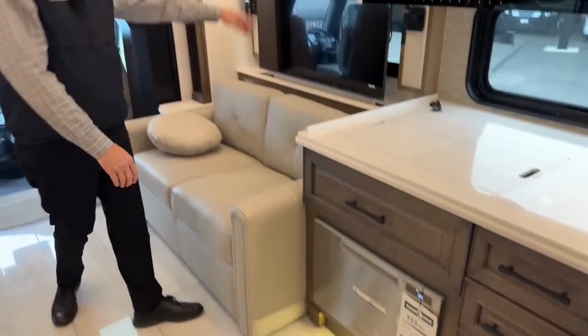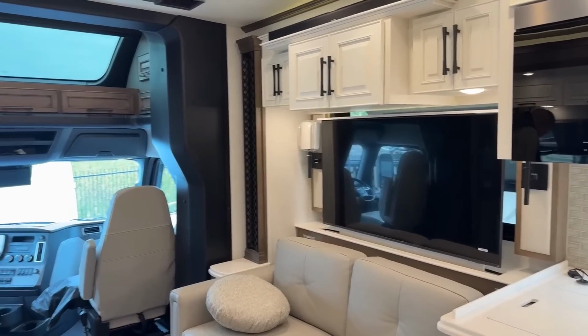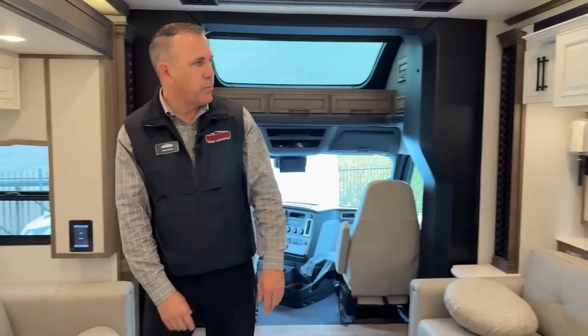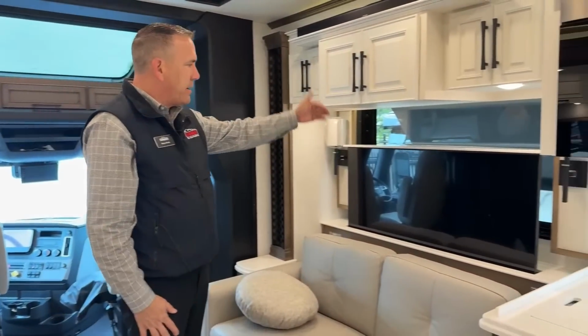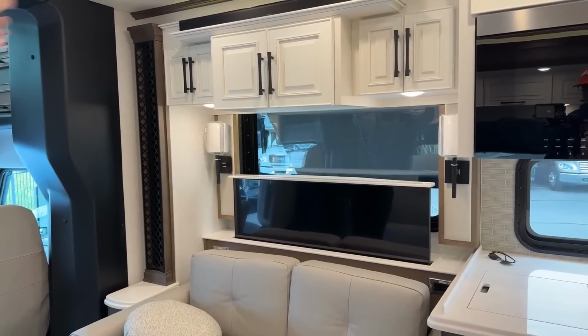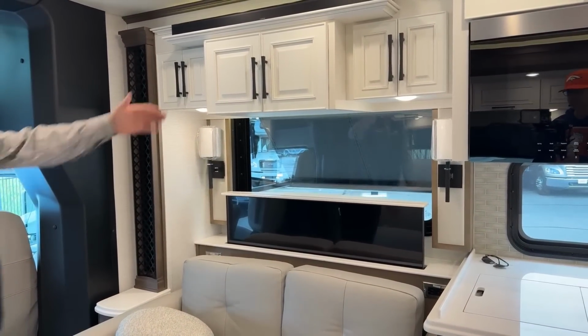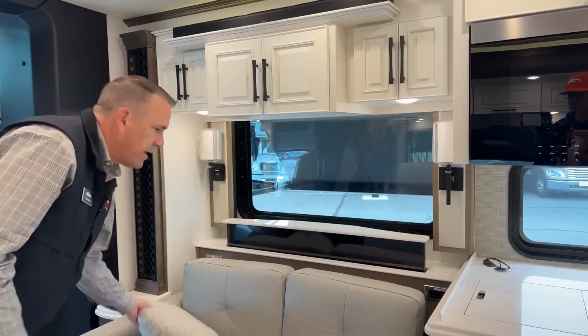Over here we have a televator. We have it up, but if we don't want it up, we can always bring it down. You have another nice window. And as you can see, I had those awnings in the windows out there down. So if you had sun on this side of the coach coming in, a nice little shade in this window, and you can still see what's going on out there on your campsite. We have a nice little